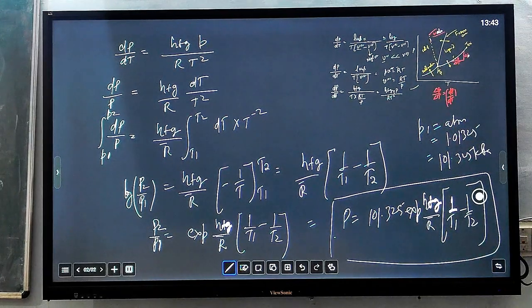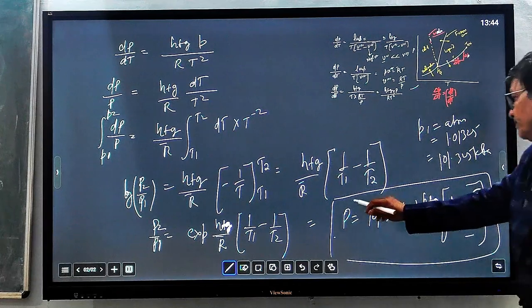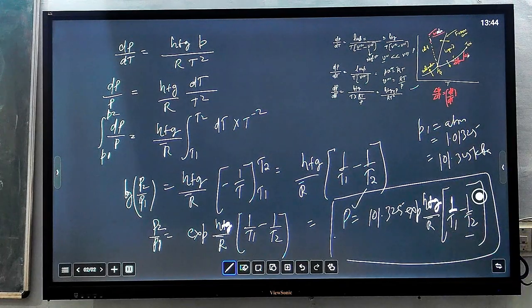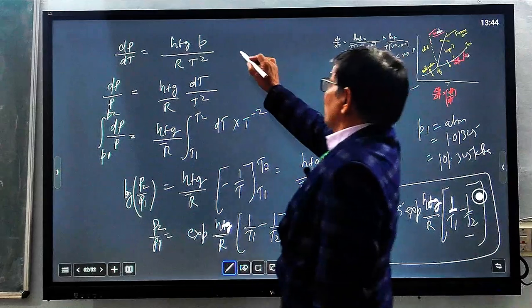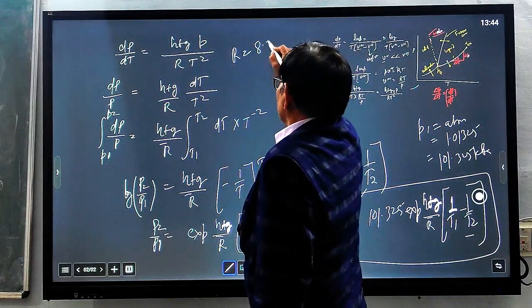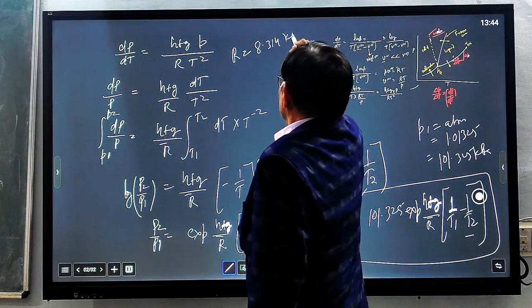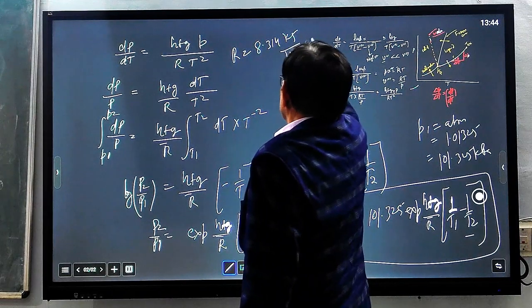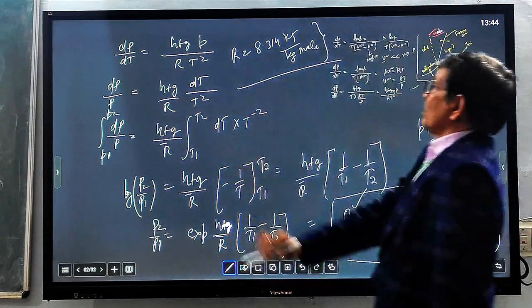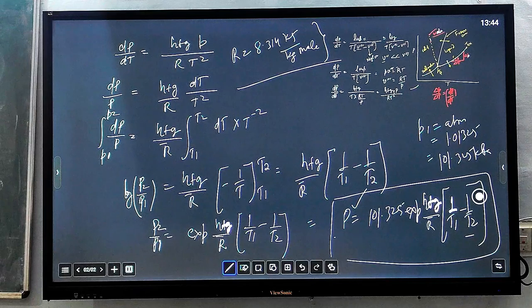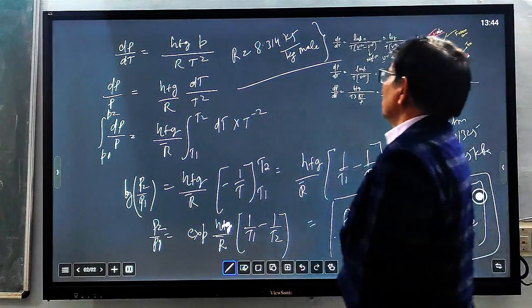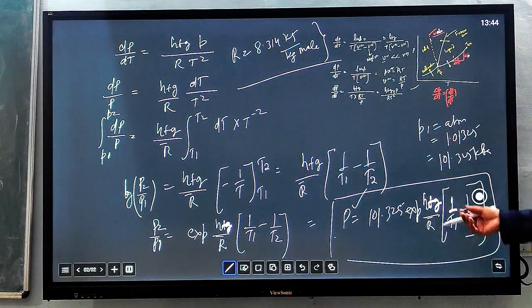T1 is the defined atmospheric temperature. We can write T1 is the atmospheric given temperature, and T2 is the temperature at which we have to find out pressure P. R is given. R is the universal gas constant. R equal to 8.314 kilojoule per kg mole. It is given for any gas, 8.314 kilojoule per kg mole. By using this equation,